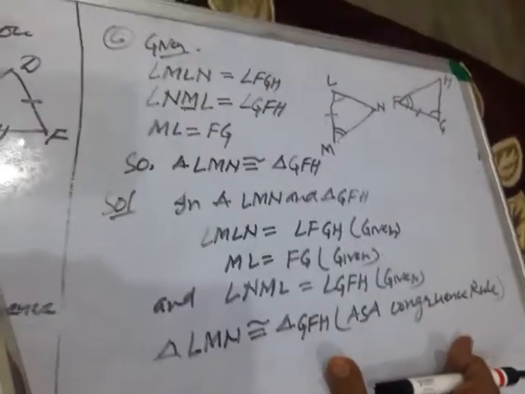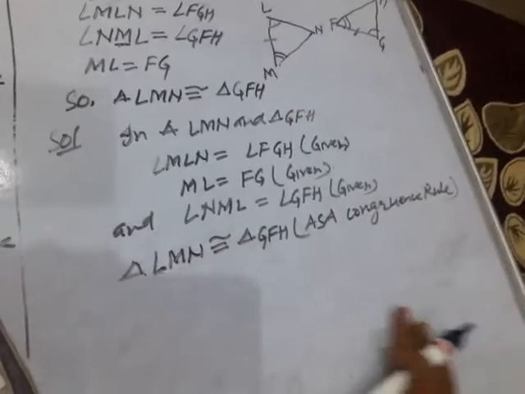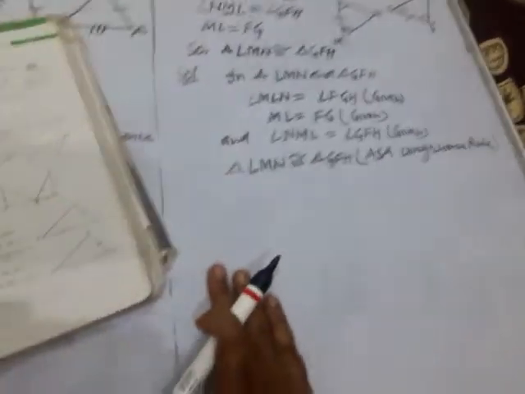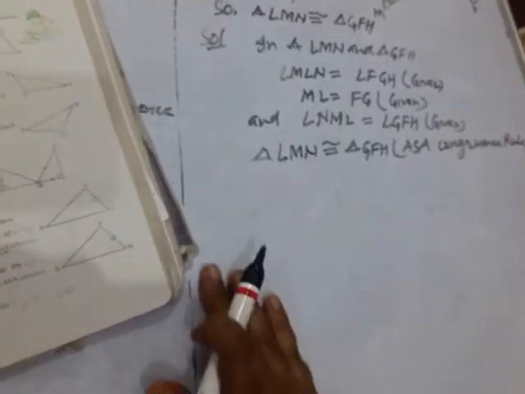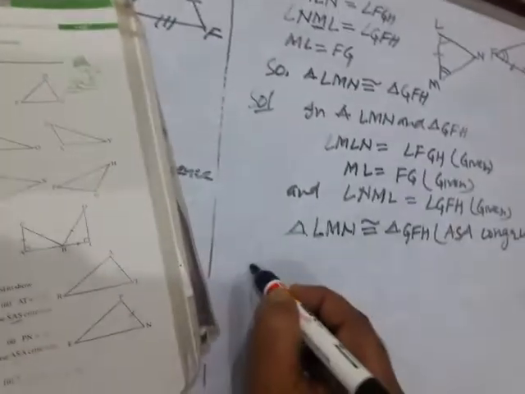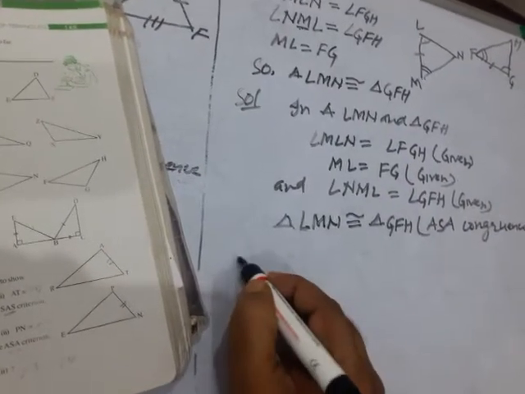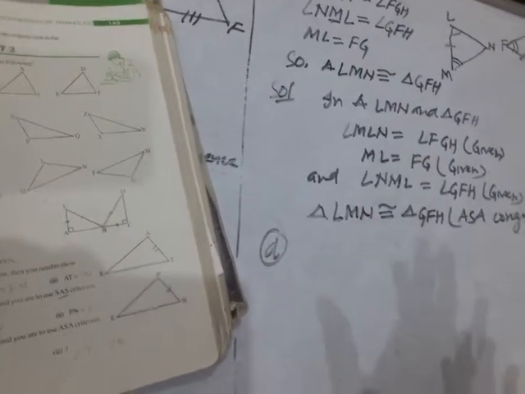Okay, children, so this is another part of the question you have seen. Clear? See, this congruence chapter is very important in the higher classes, in the 9th and 10th class. If you are not aware of congruence criteria and their application, it will be very difficult to solve the mathematics of class 9th and 10th and in higher classes also. This is the soul of geometry, I tell you. Now see the fourth part, that is D. That's why I am telling you each and everything, so that you can make your concept very concrete.